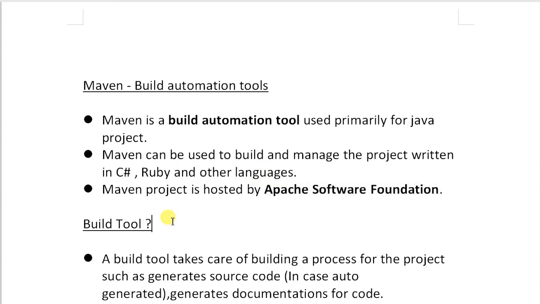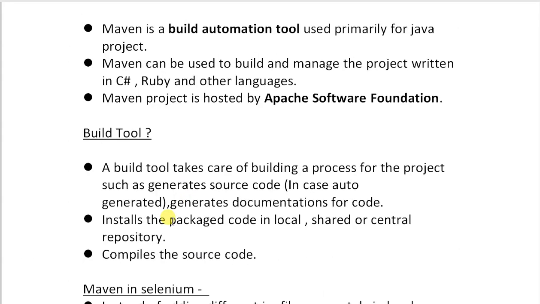Before going to Selenium with Maven, let us understand what exactly the job of a build tool is. What is the expectation from a build tool? What exactly does a build tool do? A build tool takes care of the build process for the project, such as generating the source code in case the team is dependent on auto generated source code.